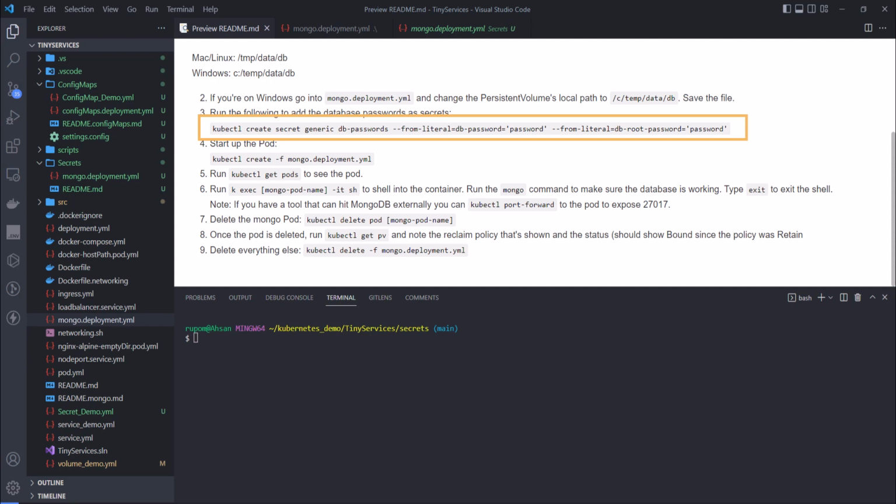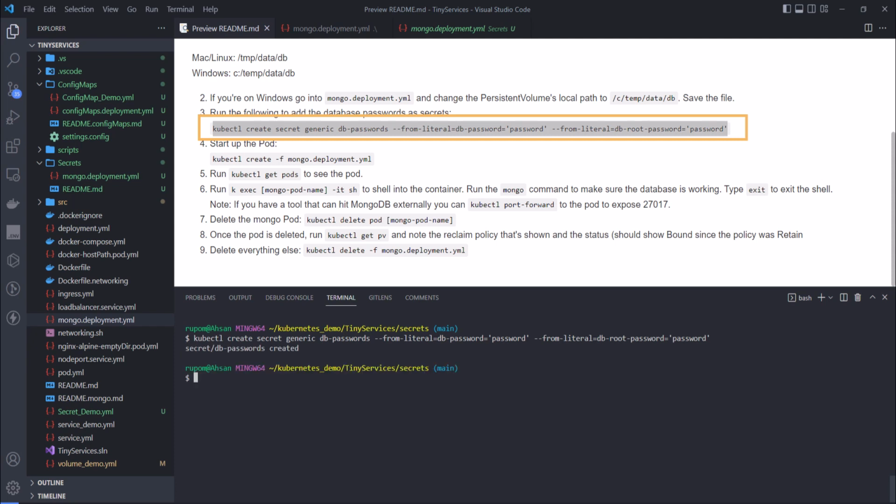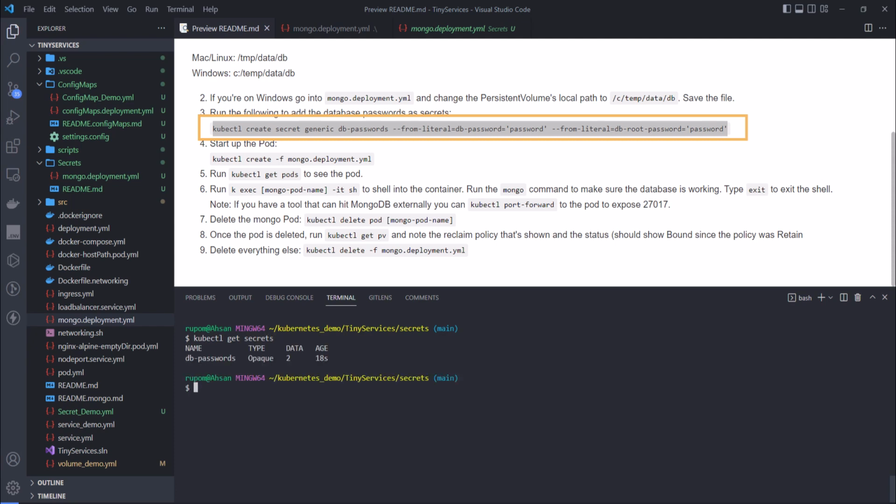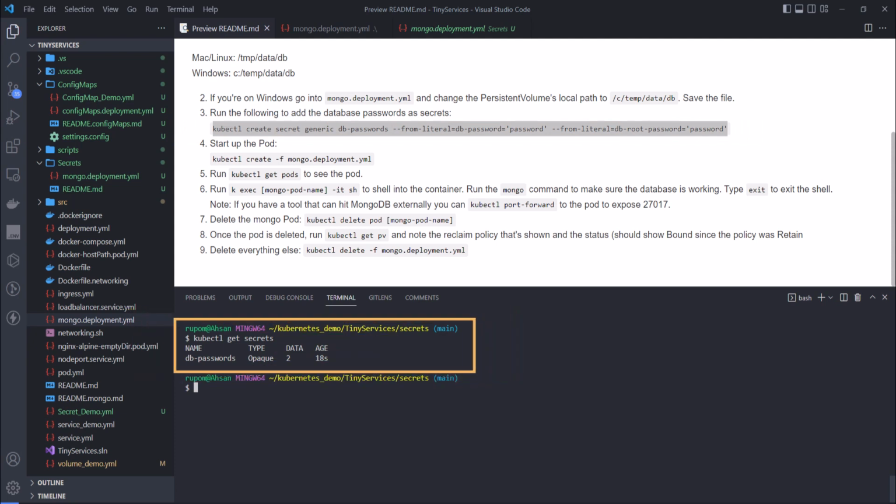So if you would like, let's get our secret in place by running the create command. So let's copy and hit enter. So that's been created. So let's clear this and run a get secret. So kubectl get secrets, and there we go. You will notice that we have a db-passwords, and it has two pieces of data, two properties in that particular